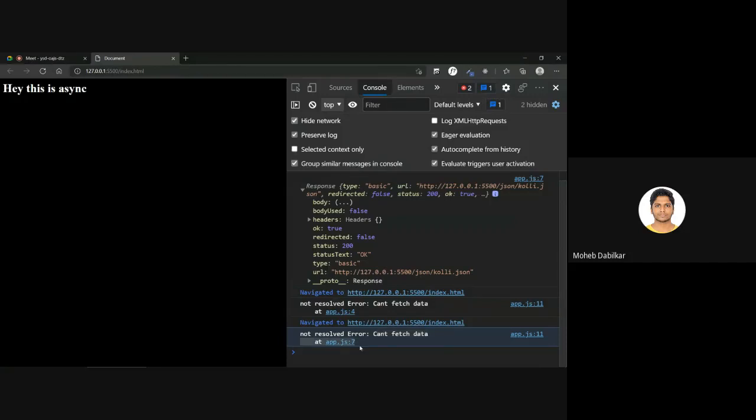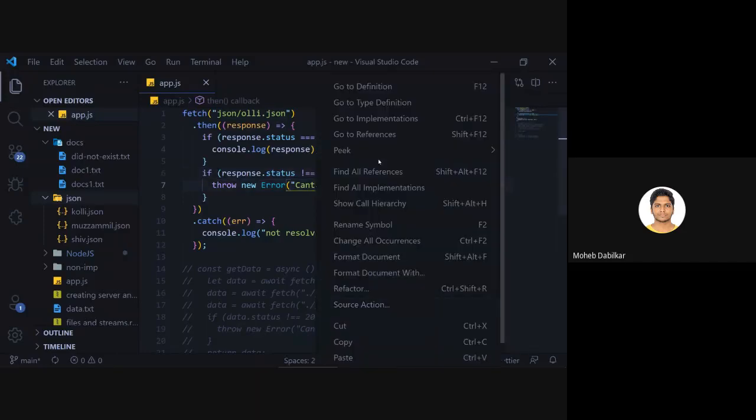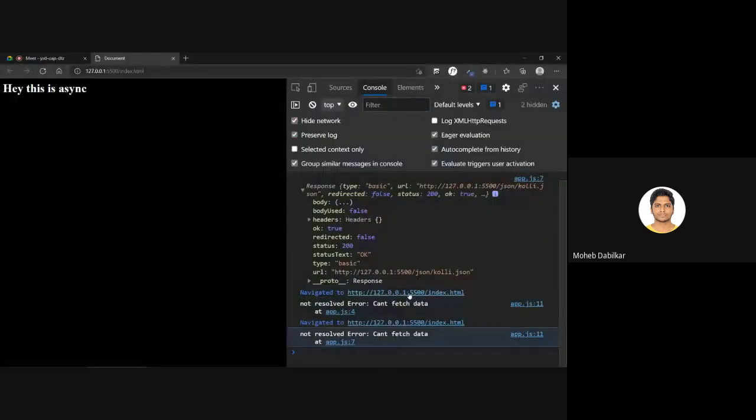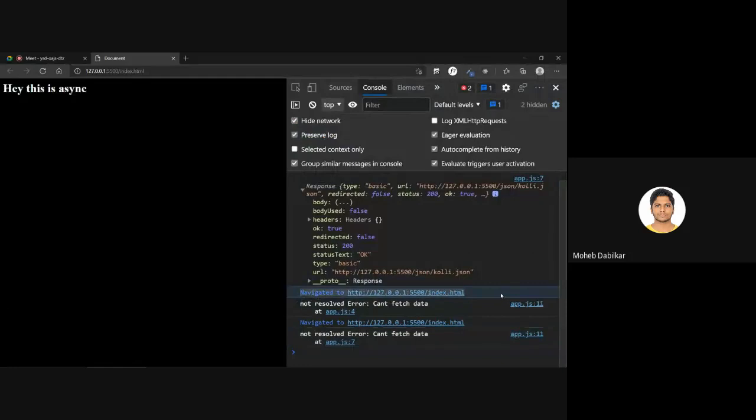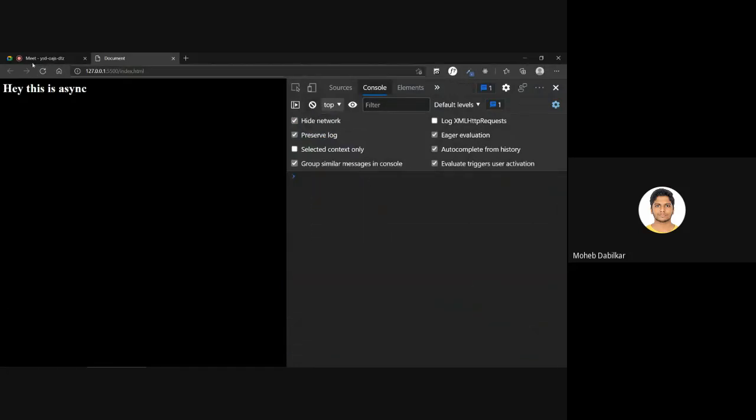And this line is not from our code, this is from the live server that we use. It says navigated to; this live server is injecting code for us instead of us having to refresh the page again and again.